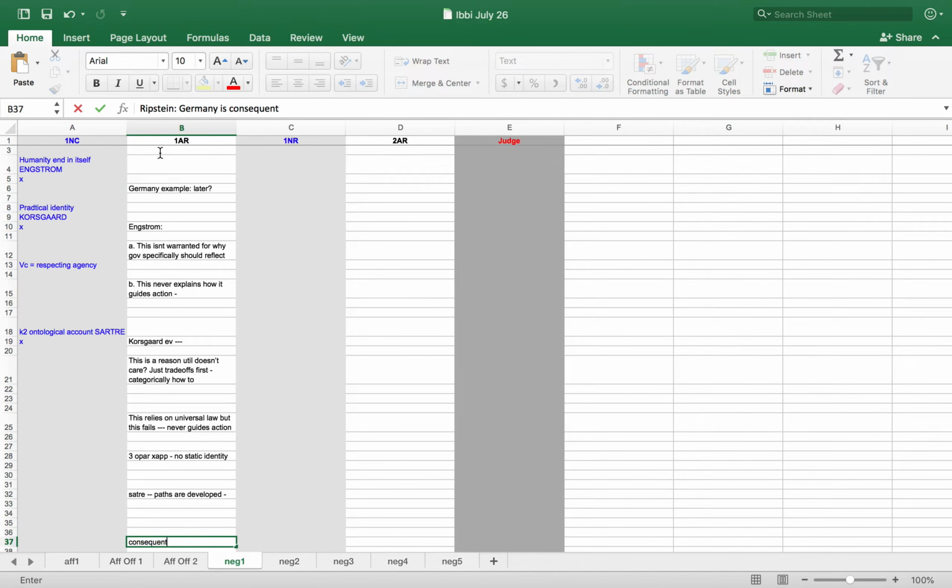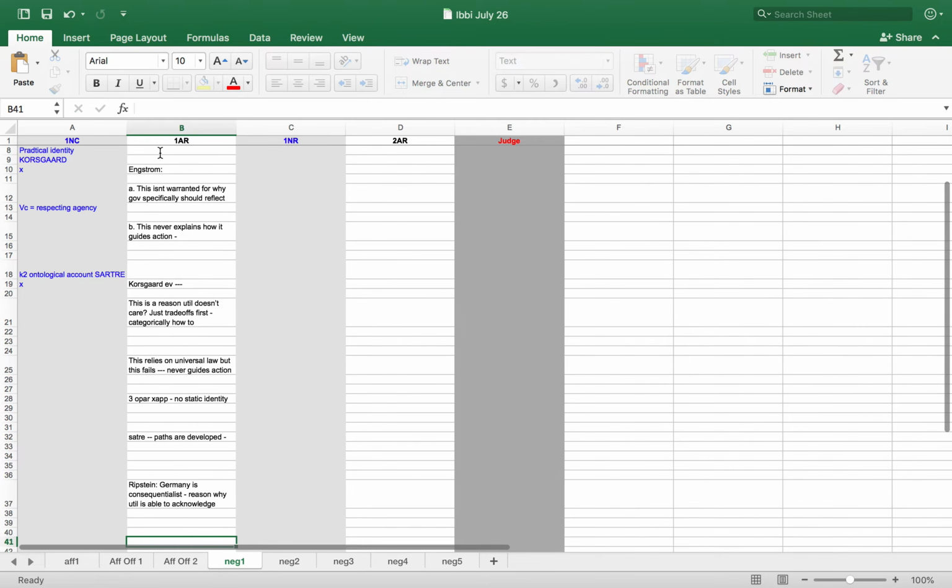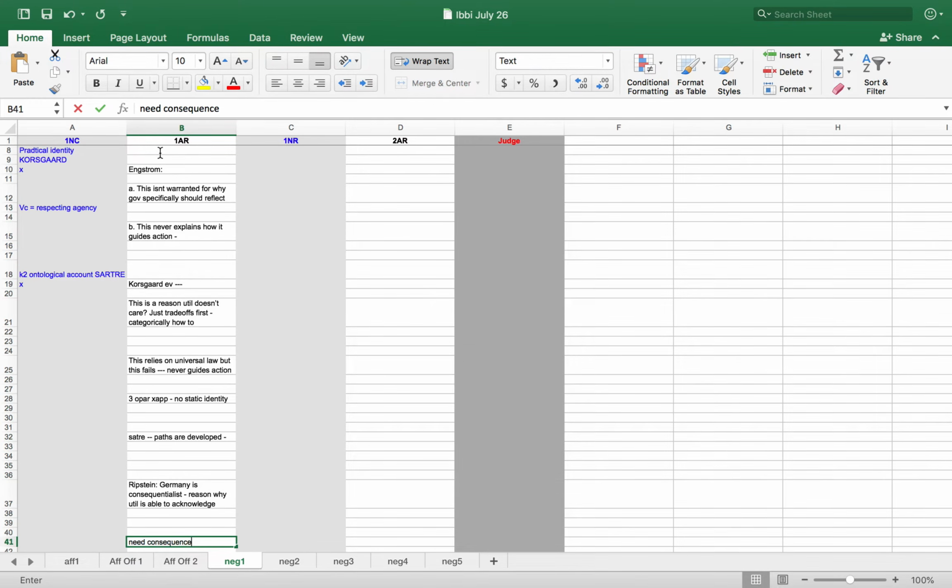That would just be a reason why things like util is already able to acknowledge things like human dignity is an important thing. But we have to rely on a constitutional system of morality, which relies on things like consequences. Also, you see that feasibilities are relevant. That's the only thing that matters